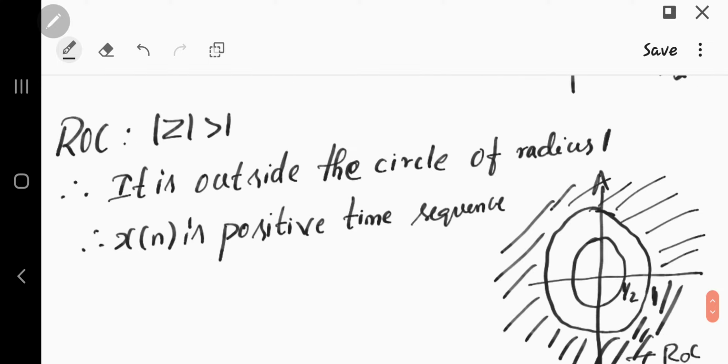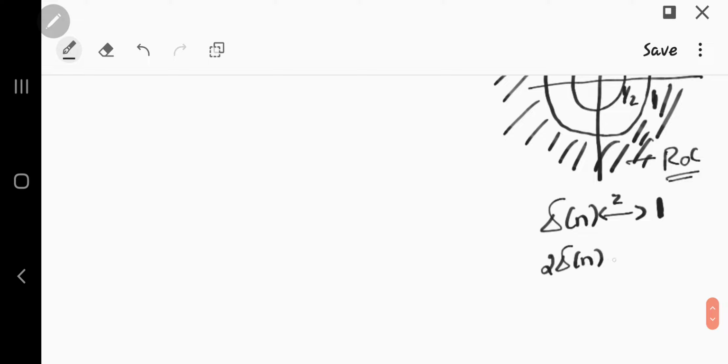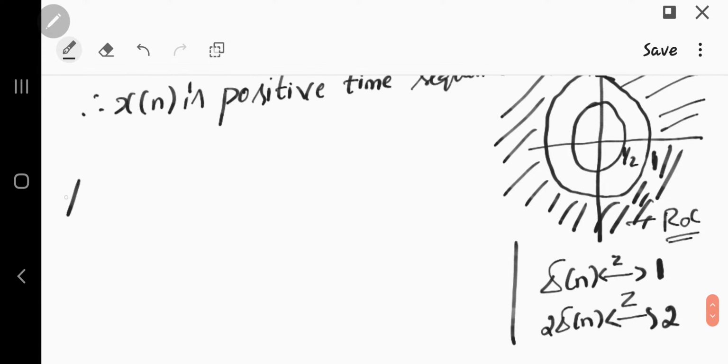Now if you remember, the Z transform of delta n will give you 1 as a Z transform. So if you go with 2 delta n, then you will get 2 as the Z transform. So based on this, we can write it as 2 into delta n when we apply inverse Z transform. So taking inverse Z transform,